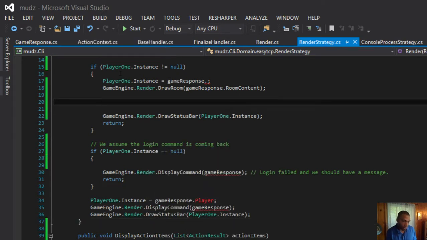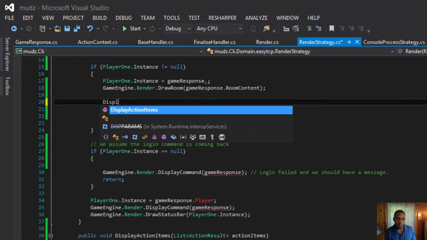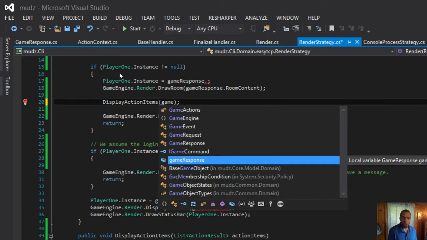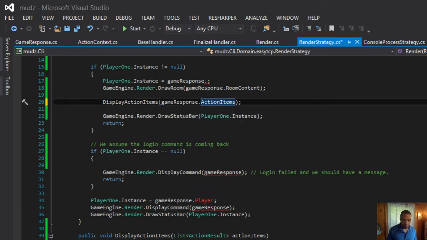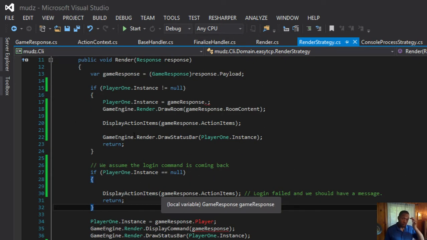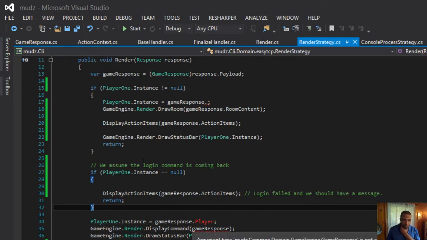And then where that was, go ahead and do display action items, and then we will do game response dot action items, and then we'll do the same thing here. Cleaner, cleaner, cleaner already.